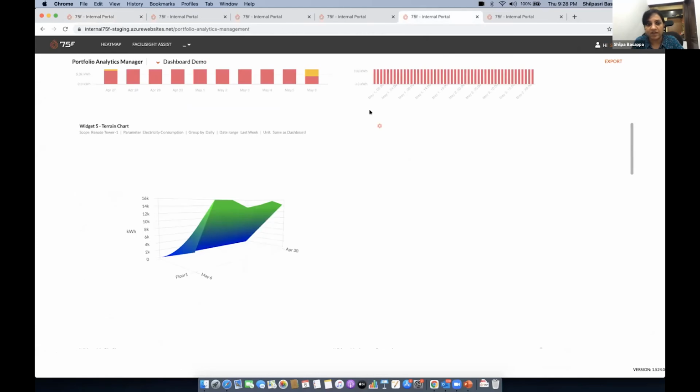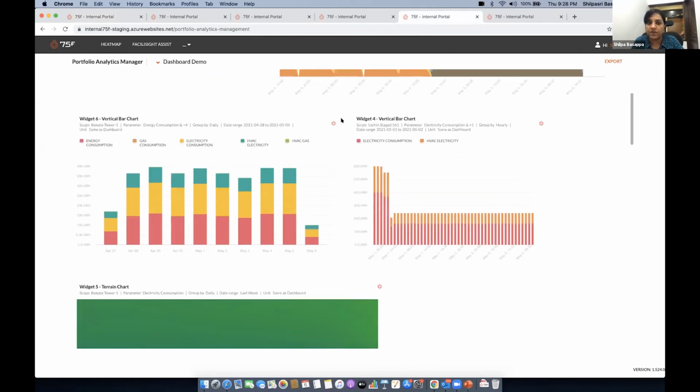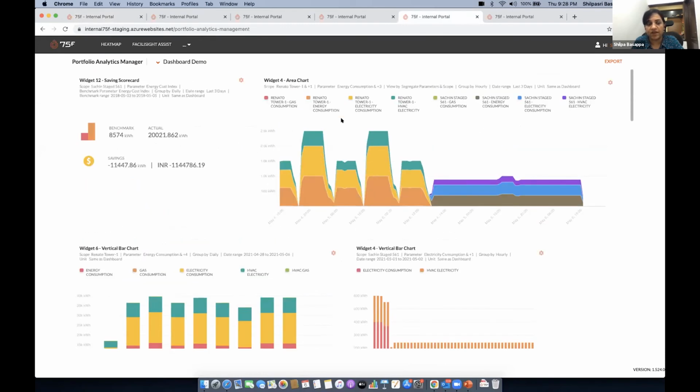Another part of analytics is we also will be able to do a lot of energy analytics, where we'll be able to monitor and plot a lot of energy savings that happens within the buildings. So each of these widgets have been created accordingly. Let's say the user also wants to monitor multiple systems across multiple buildings.